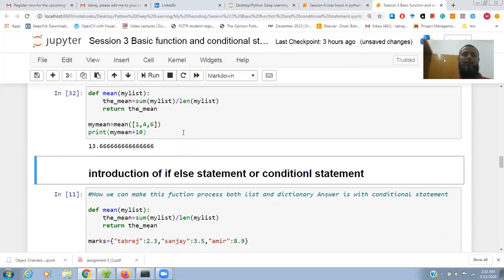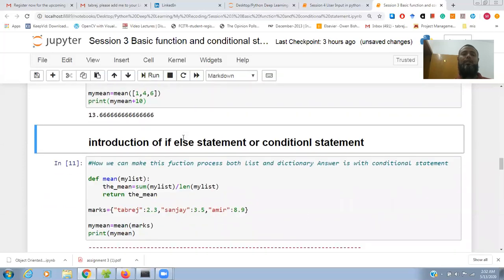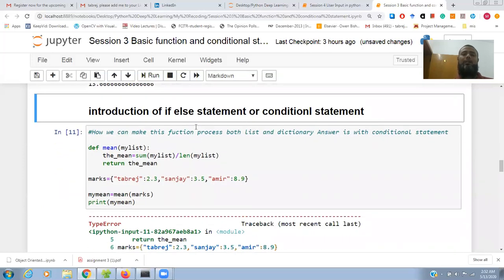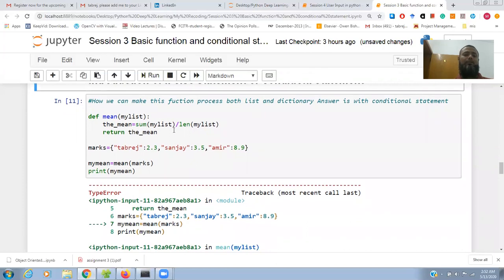Okay, so this is all about the basic function, how you can declare it in Python. Now I'm going to discuss the if-else statement. Basically, suppose we have already written this program to find the mean of a list.